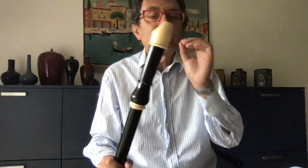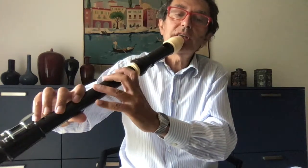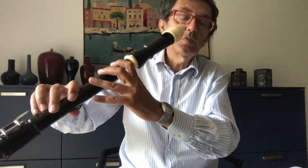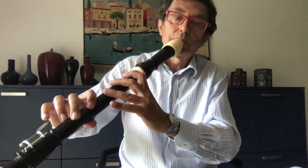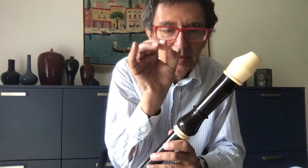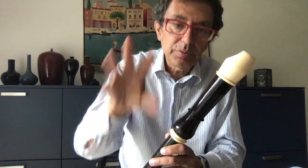But we have a problem that normally using tonguing, we prepare the finger before the note. So if I have to go from C to E, this is a soprano tenor, C, E, and there is a lot of finger to move, I make. So I prepare the finger before the note. If you see, the finger arrives just before. In this little moment of silence, I prepare the finger, and I put the finger, and then...